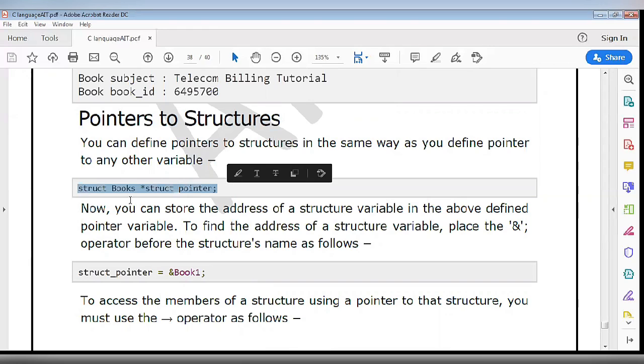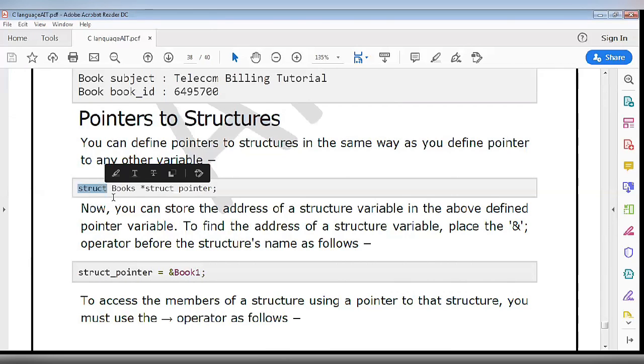The syntax is struct books and then a pointer object of the structure. Here struct_pointer is the name of the pointer variable, which is a user defined name. You can have any name, for example struct books *struct_pointer. The struct_pointer is the pointer variable of the structure type.